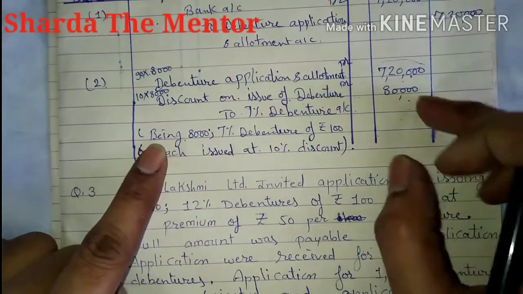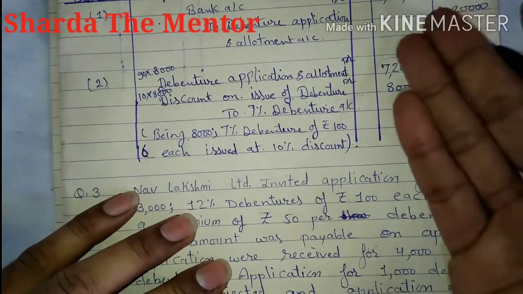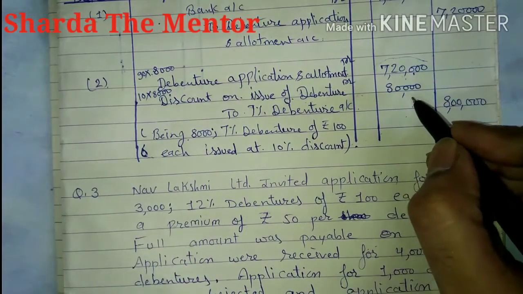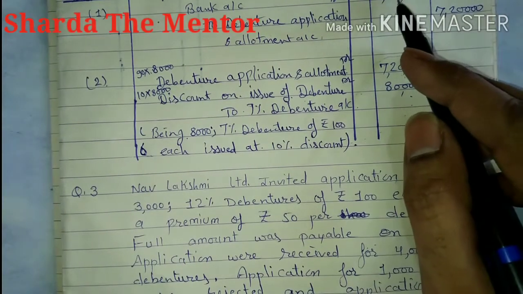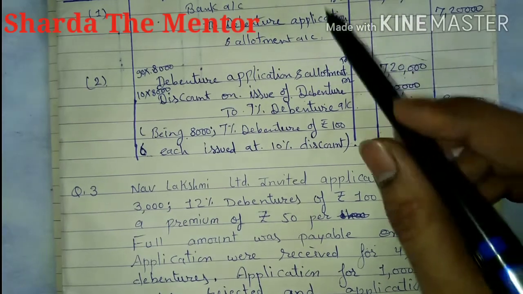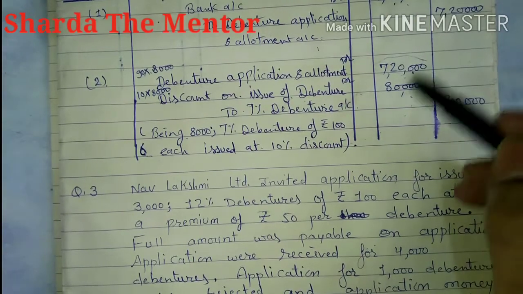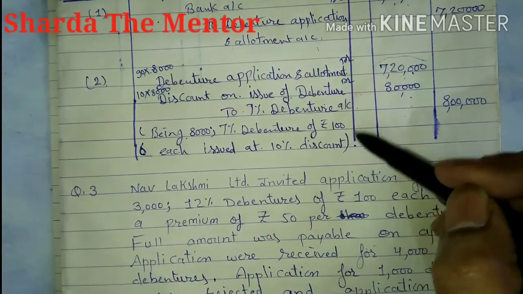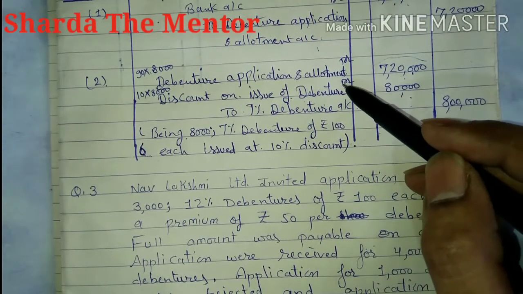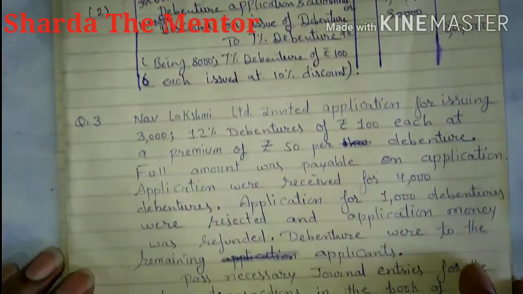So in case of discount, it will be better if you are able to pass the first entry, you can pass it, but you need not include the discount account. You have to deduct it, and after that you can pass the amount in the journal entry. So in the first entry, you will always deduct the discount amount, and after that you can pass the second entry. So debenture application and allotment; discount is always considered an expense, that's why it is debited. So that is the lump sum case of discount.